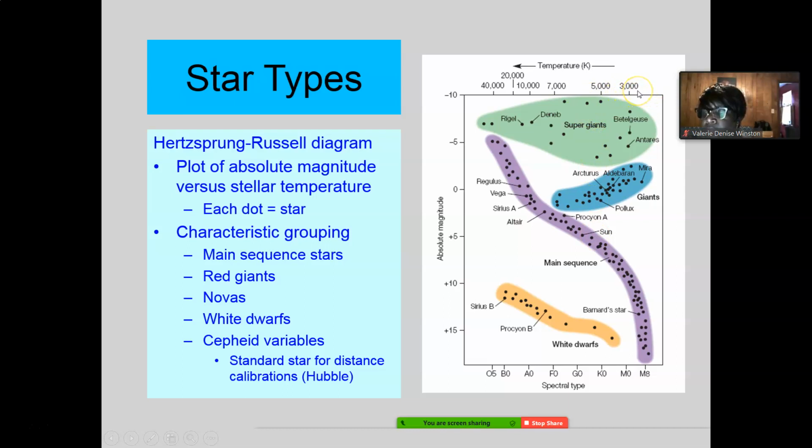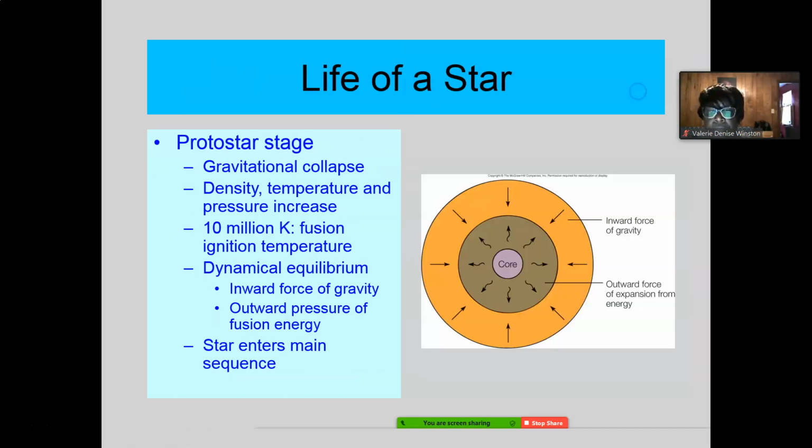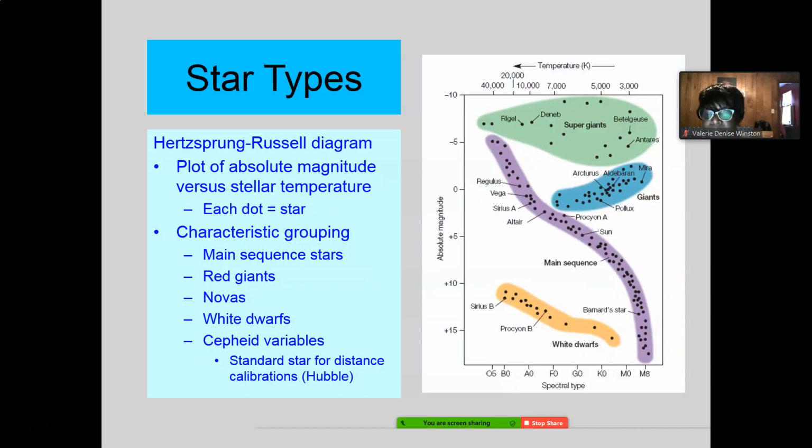3,000 is about the coolest of the surface temperature, not quite. Some will be less than that. We're right in the middle, 5,800, right around here. Somewhere right in there. And the hottest stars way up here, 40,000 Ks, 80,000 Ks, somewhere up there. Very, very hot stars. There aren't many of them. Well, why are we messing with all this?